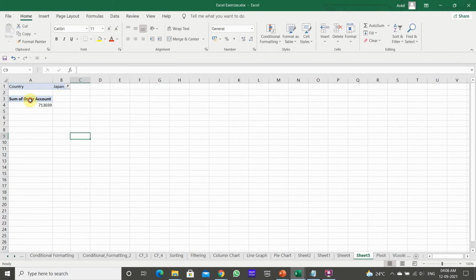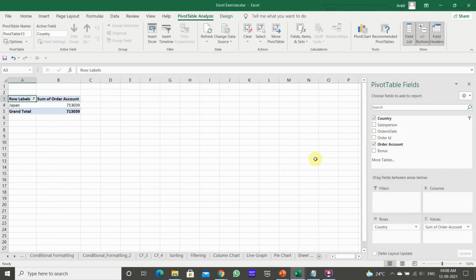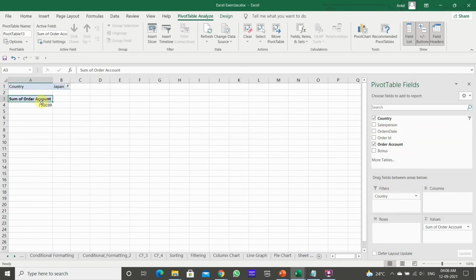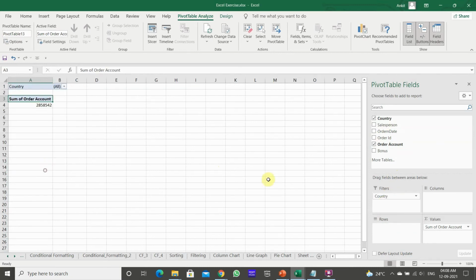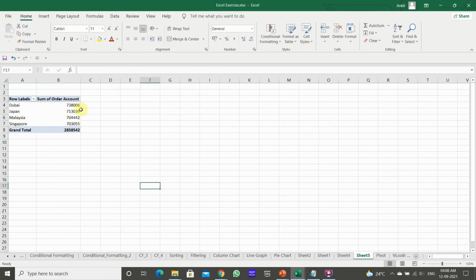So each one. If you want to present a summarized report, just put the country here in the row. Okay, so for each country the business has been shown to us.